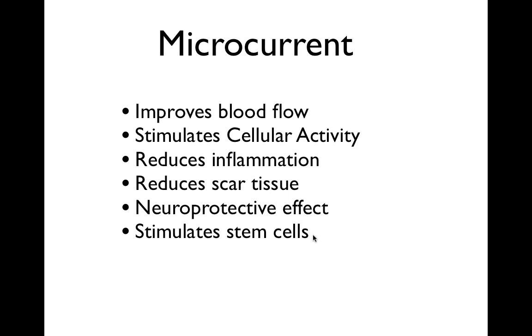It also stimulates stem cells. I was recently at a meeting when they were discussing different methods of stimulating stem cells, and this seems to be a hot topic. Stem cell surgery, having stem cells transplanted in the body, but microcurrent stimulates your existing stem cells. You have stem cells in your body, and we want to mobilize them to get them to function to help you. And we can probably add another